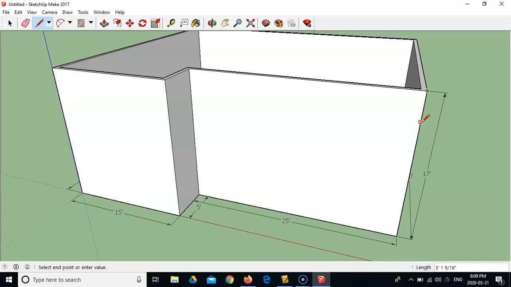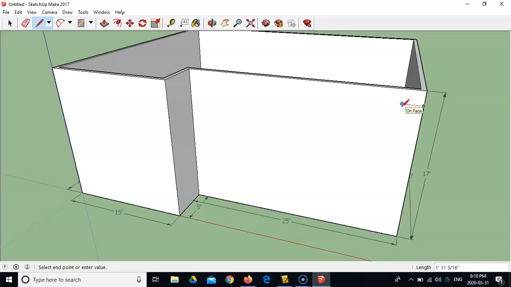And let me just calculate this out here. I think we'll go down 1.5 feet. So we'll just go 1.5 feet. Type that in and then put the apostrophe. Now remember that when you're drawing on top of another line like this, it doesn't seem that we've drawn anything. So if we just take our pencil and run along that wall, it'll say midpoint and endpoint. We're looking for that endpoint. So when it says endpoint, we click on that point,